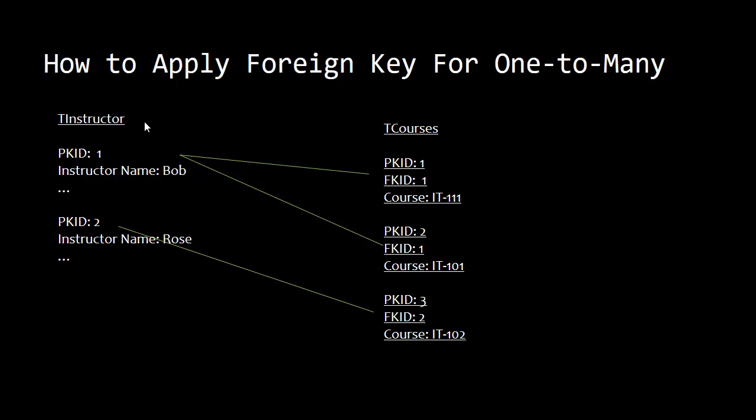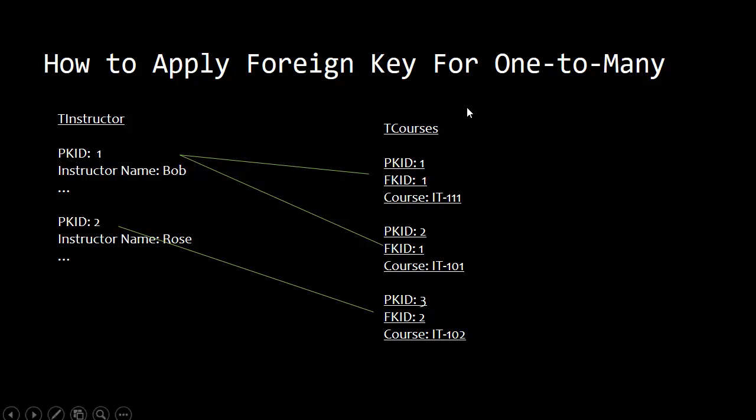One more time. So wherever we say one-to-many, so for every instructor that can have many courses, wherever we say the word many would be the child table, and the instructor then would be the parent table. Okay? So based on the rule, you put the foreign key in the child table that refers back to the